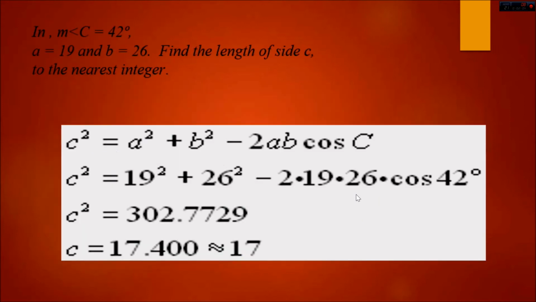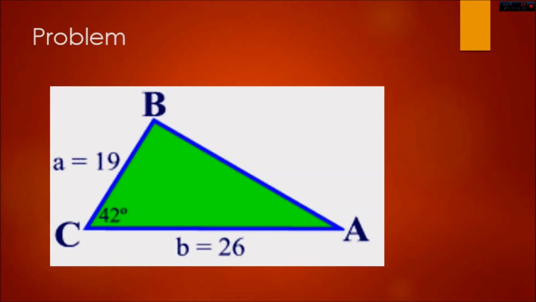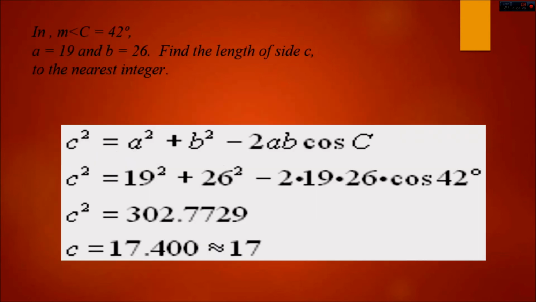Well, we have this problem. In the triangle, C equals 42 degrees, a equals 19, and b equals 26. We have to find the length of side c to the nearest integer. So we know we have some of the sides, and we have one reference angle. So what I did: c squared is equal to a squared plus b squared minus 2ab times cos C. So I did c squared, and then I got 19 squared and 26 squared minus 2 times 19